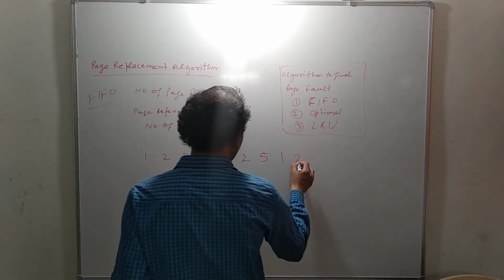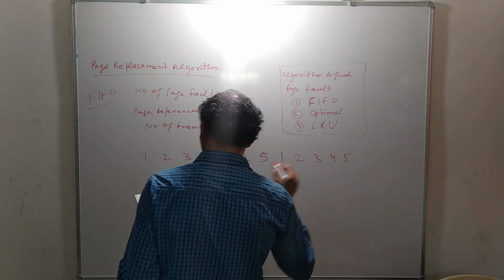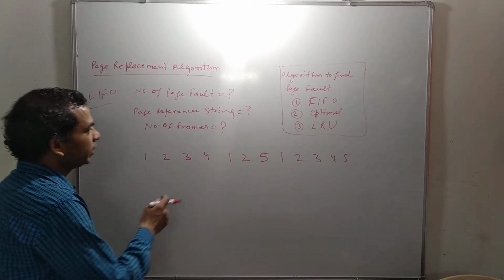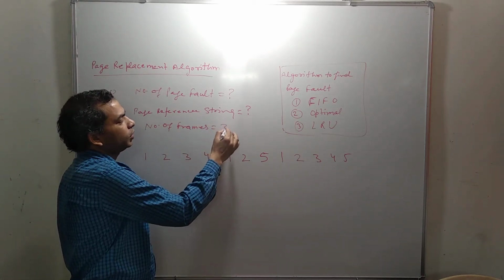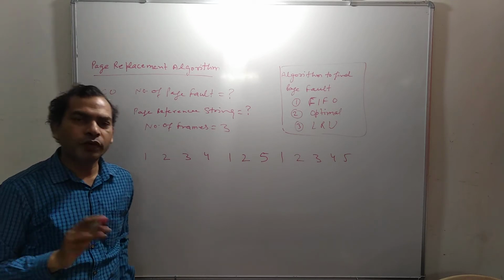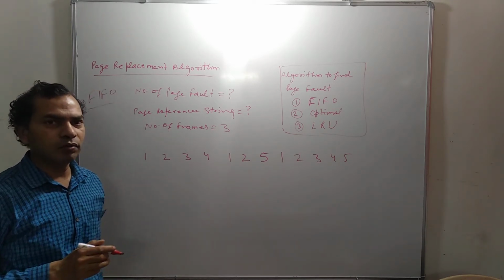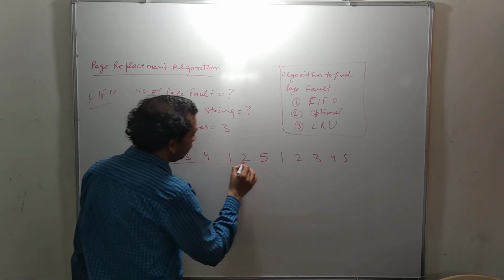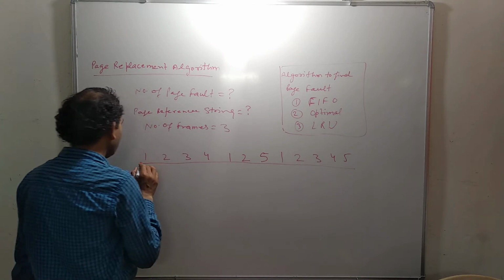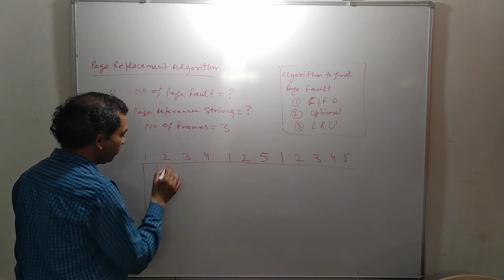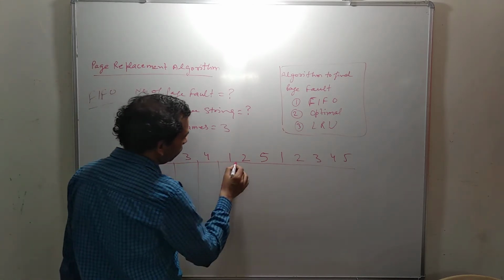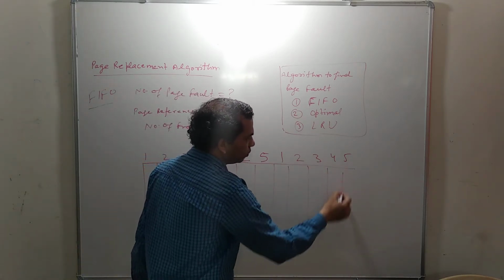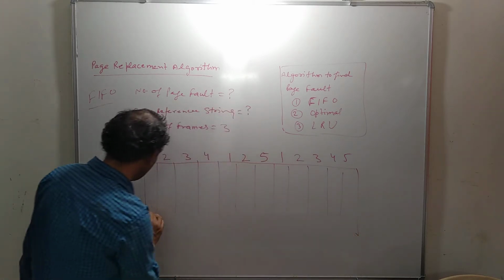Then after that 2 3 4 5. So this reference string has been given, and the number of frames available is 3 here. Then we want to use the first in first out algorithm and find out the page faults. Whenever we talk about this reference string, we make 3 frames here. We can make 3 or 4 frames as per whatever has been given in the question. So 3 frames have been given.